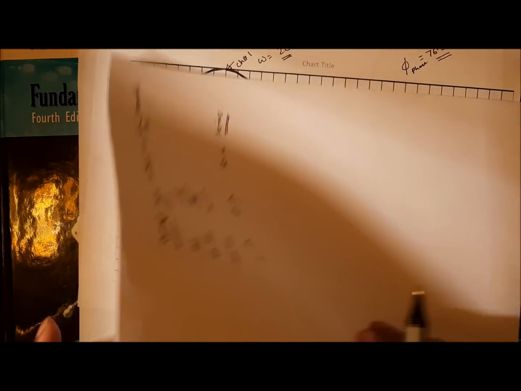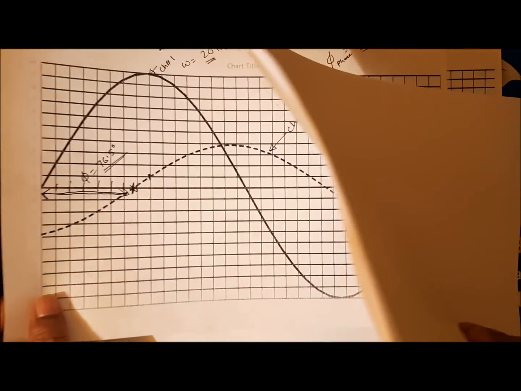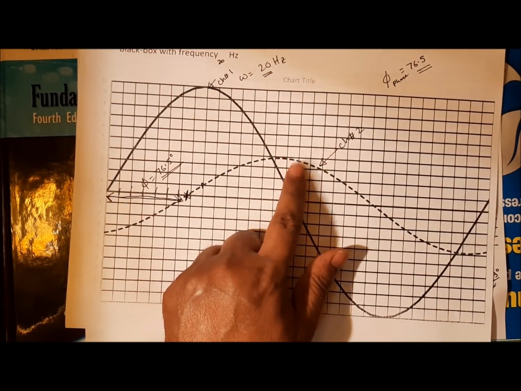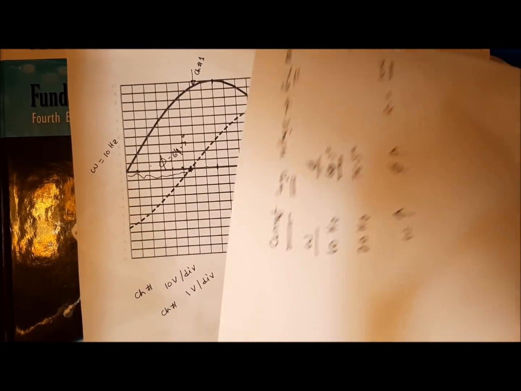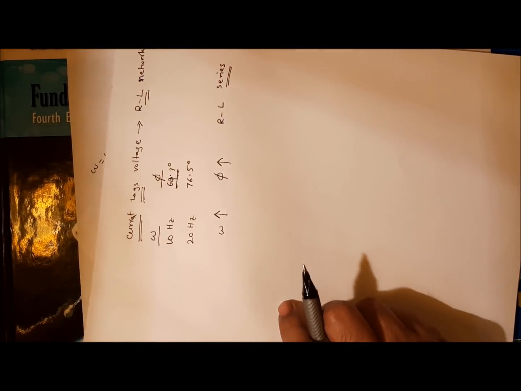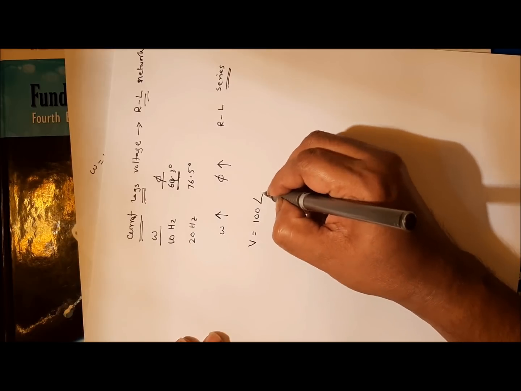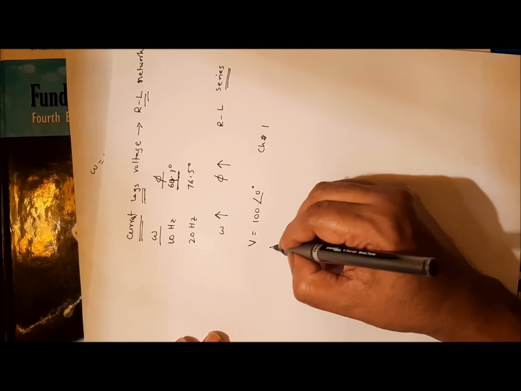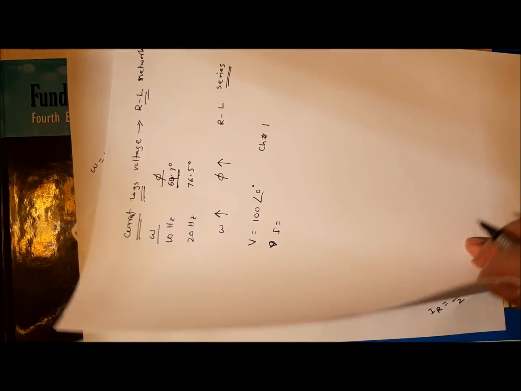Now we need to find the value of R and L. To find this, you can pick either the 20 Hertz wave or the 10 Hertz wave. Let me use the 10 Hertz wave. We got the voltage magnitude of 100, angle 0 degree, from channel 1. And from channel 2 we got current equal to